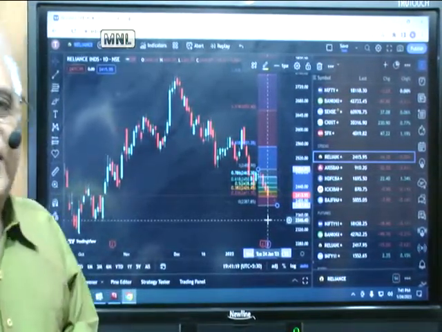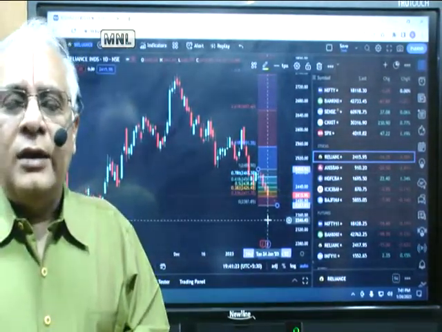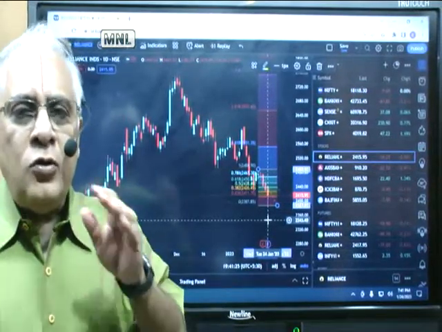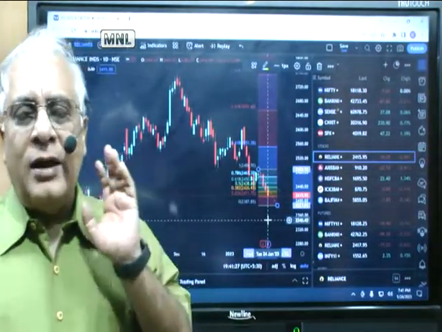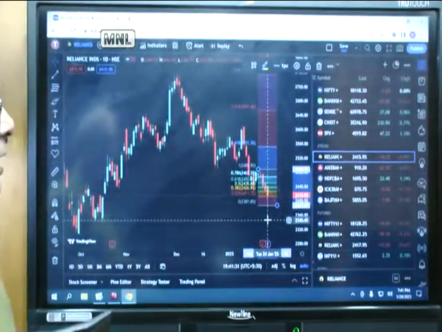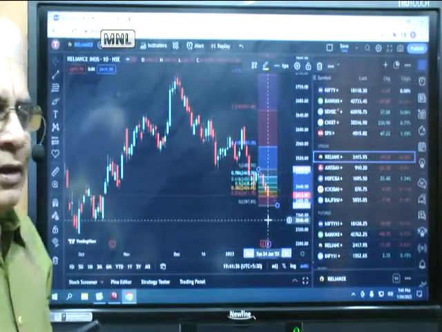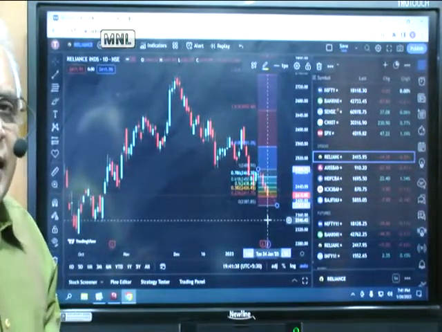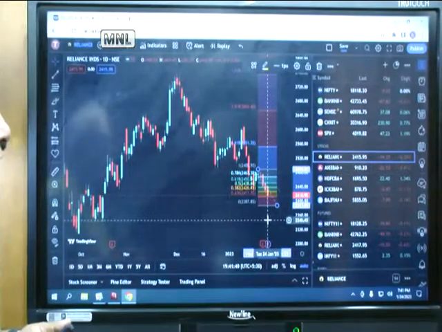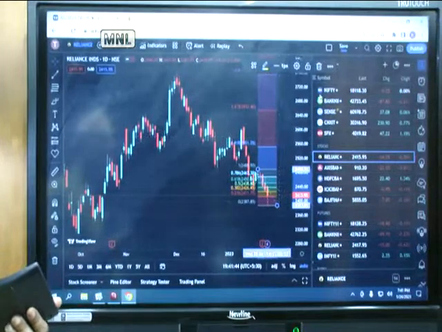S1 is also the same low of 2387. Since it closed exactly at the pivot point, S1 is also 2387. So it may not go much below 2387 is our first expectation. We can buy at any point between 2411 and 2387 and put in a stop loss at 2387. This is the first conclusion that we can draw as far as